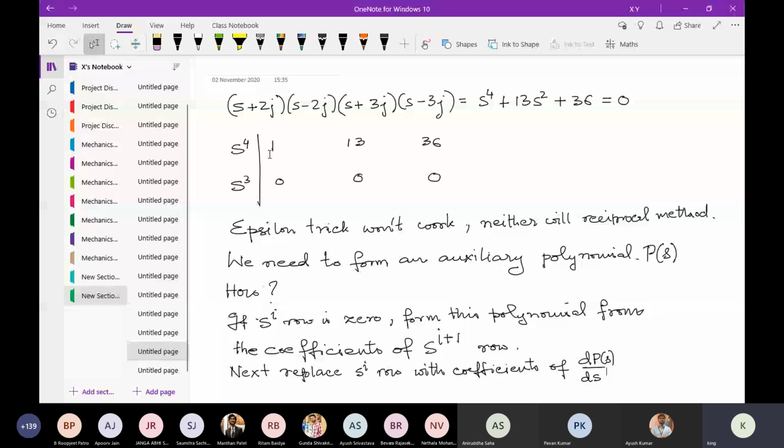Any sign change above that S4 row, above and including the S4 row, will be due to the roots coming from the other factor of the bigger polynomial, that is this S7 order, let us say. So this can be factored into an S cube plus something polynomial and another S4 plus something polynomial, where this S4 polynomial is having this kind of a situation of repeated roots,